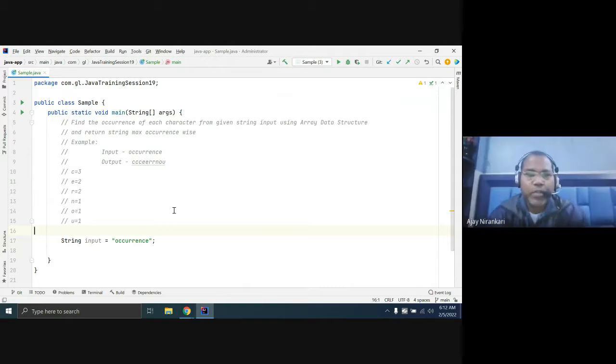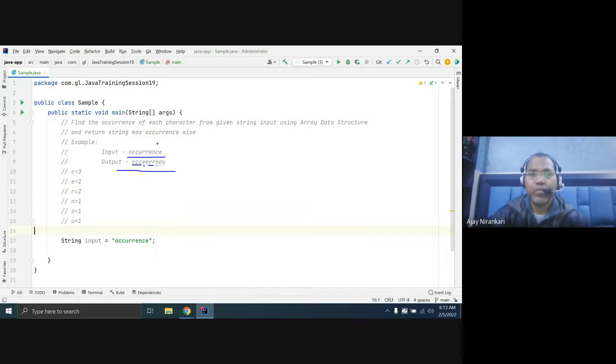So today we are going to solve one problem as we discussed. If you are given an input string, any string, we have to print the output such that the character with the maximum occurrence comes first, then the next maximum occurrence, then the next.